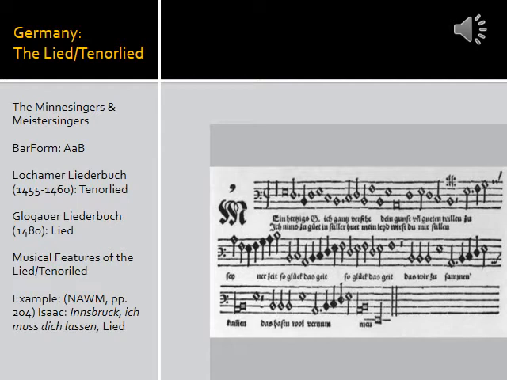In terms of features that you would see in a Lied or a tenor Lied, we have a combination of both German features and also features that are popular in the Burgundian court. What you tend to see is a strophic setting, and we remember that that means the same music but with different words. We also have simple poetry, which is normally about love, nature, or the homeland, as you'll see in